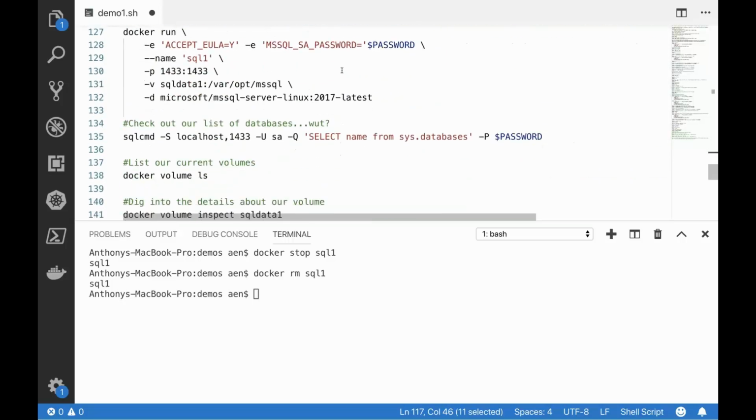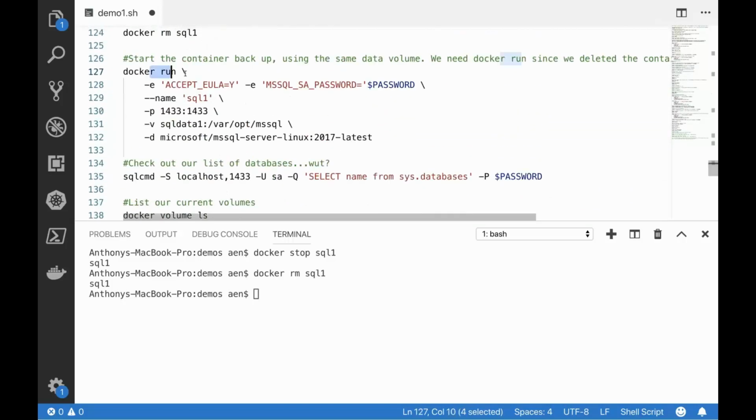Now, when SQL Server goes and starts up this container, it's going to look in this directory for the master database, and it's going to see the registration of the Wide World Importers in the master database, and it's going to go look for that and mount that up.